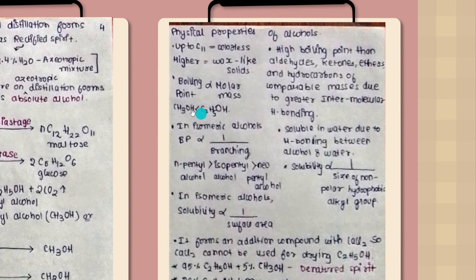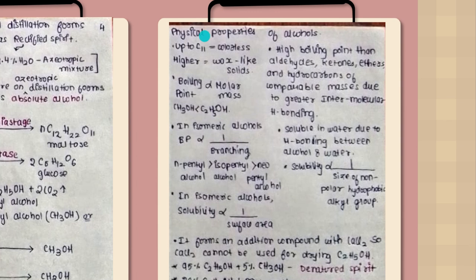That is, here you can see we have CH3OH. Let's calculate the molar mass for it. Carbon 12 plus H3 means 12 plus 3, that is 15. Plus O is what? 16. Right? 15 plus 16 plus 1 more, H is 1 again. So that is 32. So methanol has molar mass 32.